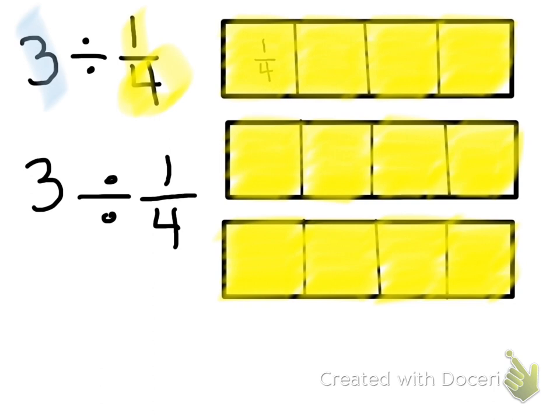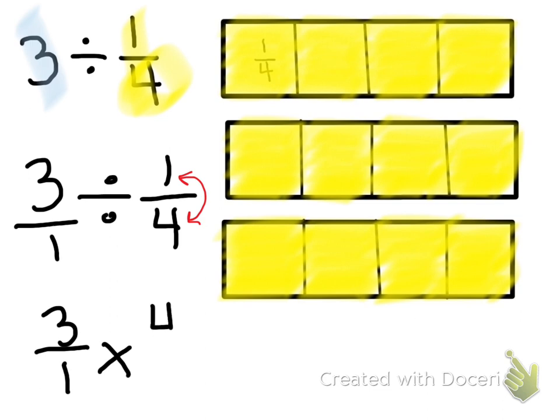Now let's double check our work. 3 divided by 1/4. First, I'm going to convert my whole number into a fraction by rewriting that as 3 over 1. And I'm going to rewrite my problem. The first number stays the same. We do division to multiplication. And I need to write the reciprocal, or how you guys like to say, flip the second number. So I'm going to rewrite 1/4 as 4 over 1. And now I could just multiply across. 3 times 4 is 12. And 1 times 1 is 1. And again, 12 over 1